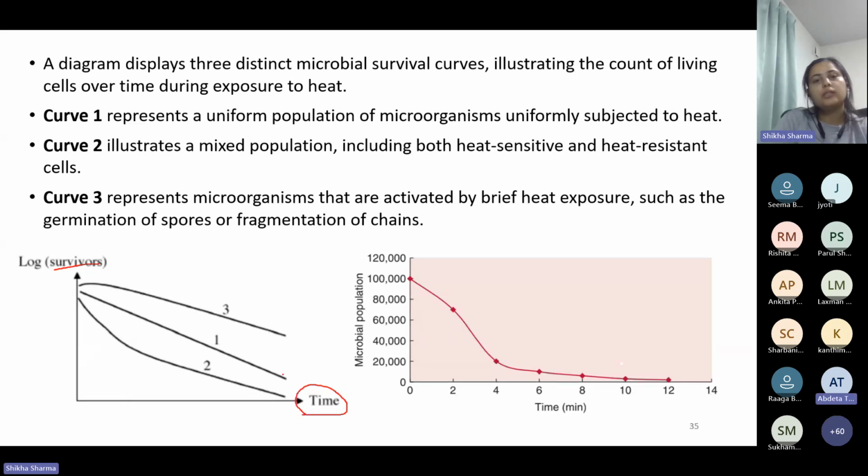If there is a uniform population of the microorganism, then it will constantly decrease as we increase the time at constant temperature. With the passage of time, the microorganisms will continuously decrease in population. But if it's a mixed kind of population, with thermoresistant and heat sensitive microorganisms,